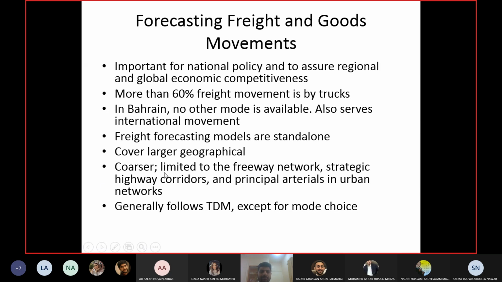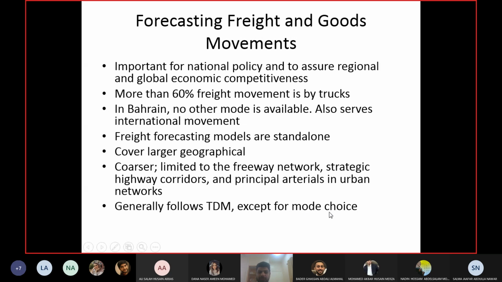Okay, so when you are doing their planning, you have to consider the network at a coarser level. Coarser means at the aggregate level, higher level. Okay, macro level. So higher level meaning you will only consider the arterials and so on. Okay, so it may be limited to freeways and arterials. So it can follow the same procedure as TDM, but obviously the trip generation rates and everything will be according to the freight then. Okay, you cannot use the same trip generation equations and so on for freight transport. You have to have separate equations.